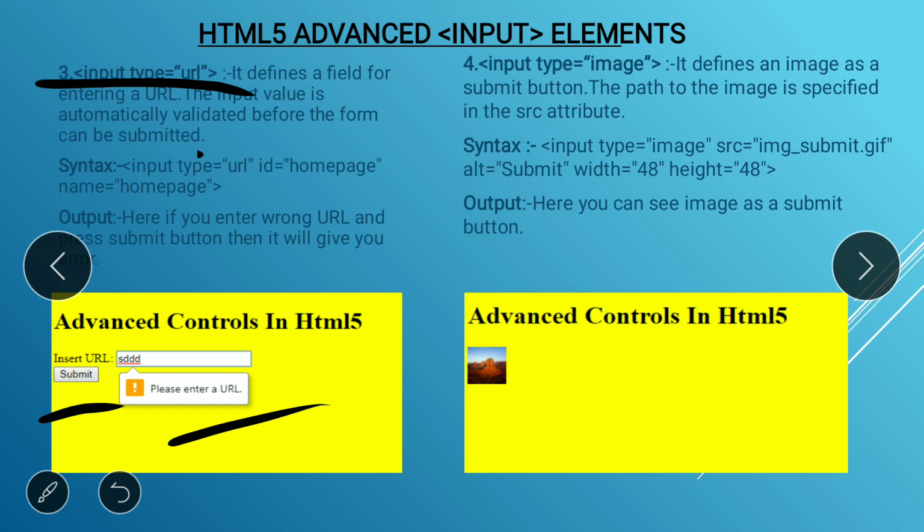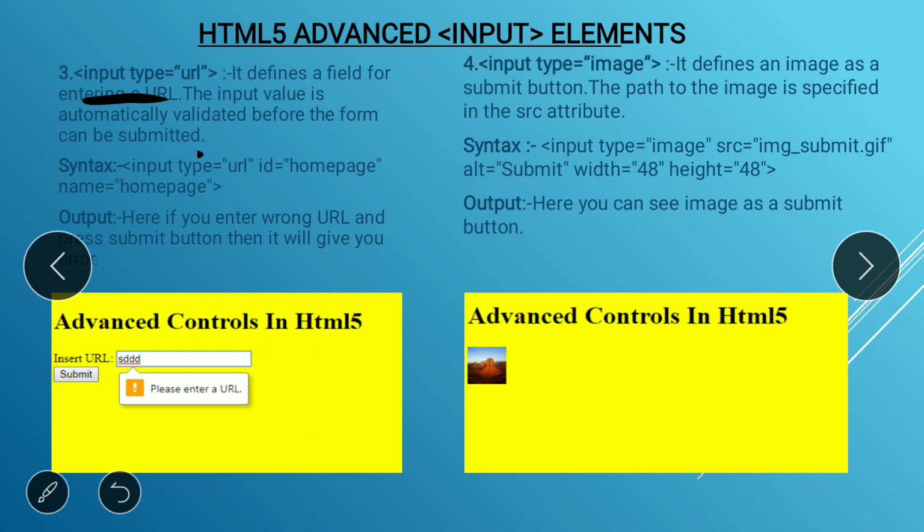That is the use of the URL type. URL is nothing but the value. So input is a tag, type is the attribute, and URL is the value.